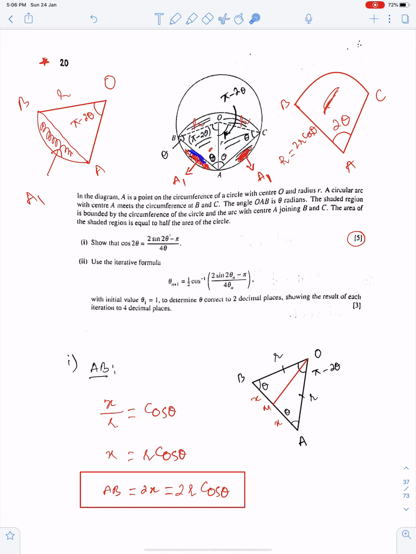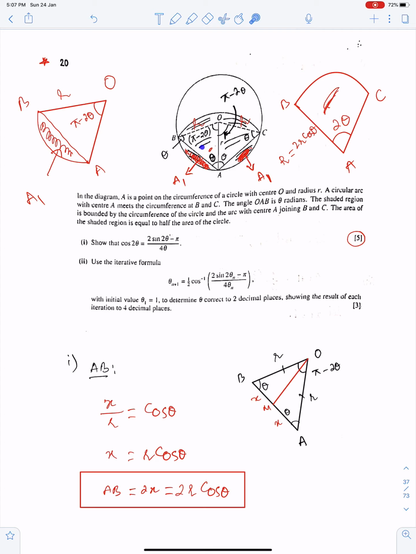I have denoted this area by A1. This is also A1, and this area is here. So in order to get this shaded area, we need this area and this area. They both are same, so we will find A1 and we will just multiply A1 by 2 to get these two areas. For the area of sector, we must have radius of this sector. And how will we find radius of this sector?